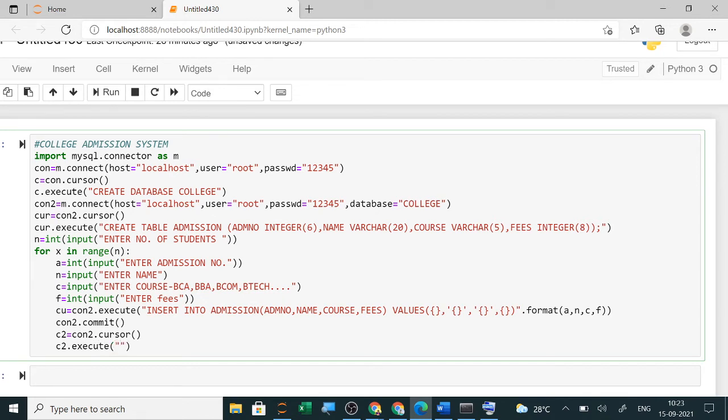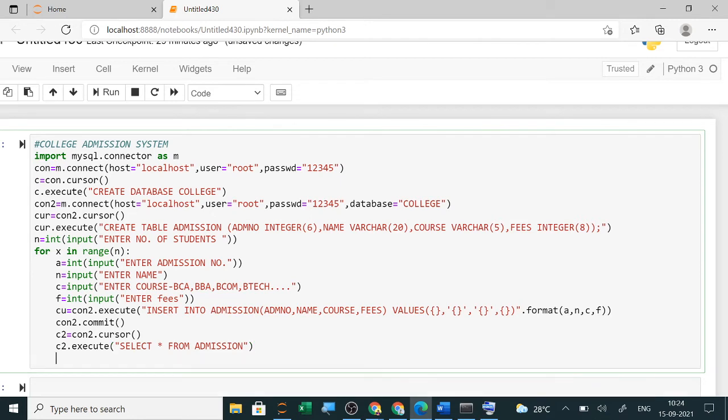Suppose no condition is given and I want to display all the records. So I have to write select star from admission. After that, you can use fetch all to store the rows.